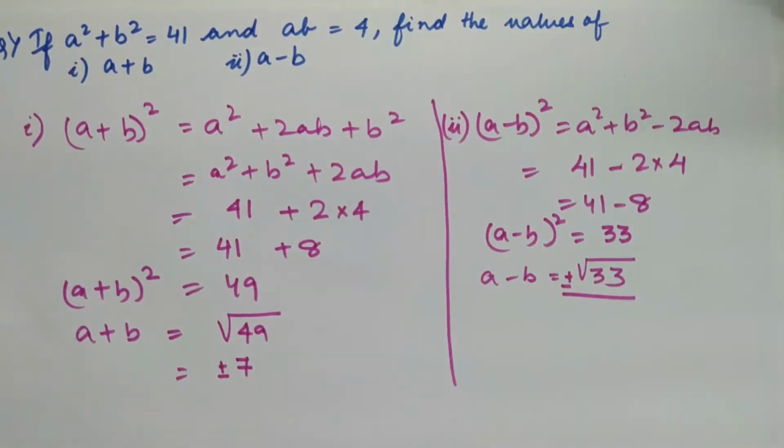So with this I am very sure that you will be able to understand the algebraic identities, and you can use all those 4 identities that I showed you in the beginning. Solve different questions related to your exercise. Please learn the identities by heart. You can also derive them by multiplying the terms, like if it is a plus b whole square, you know it is a plus b into a plus b. So if you multiply, you get the identity's answer, that is a square plus 2ab plus b square. But it's always better to remember them by heart.